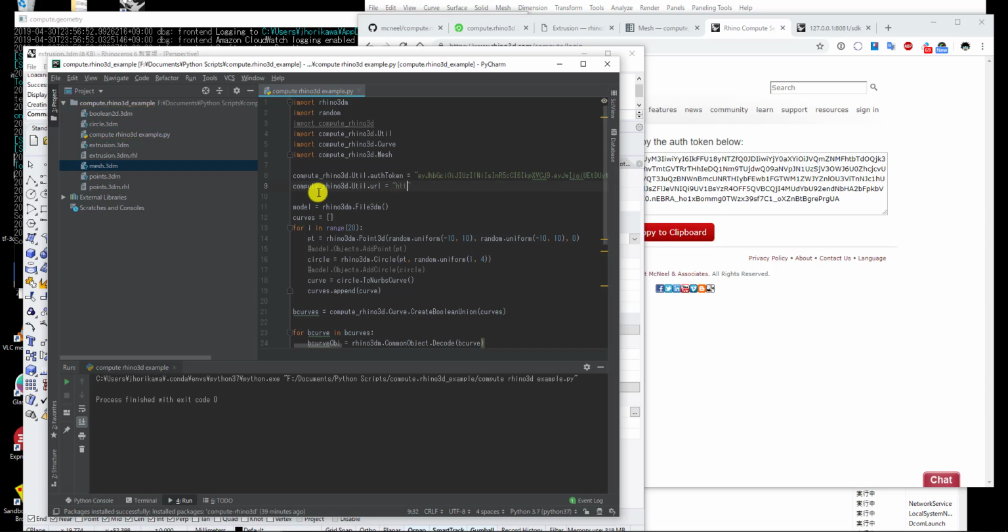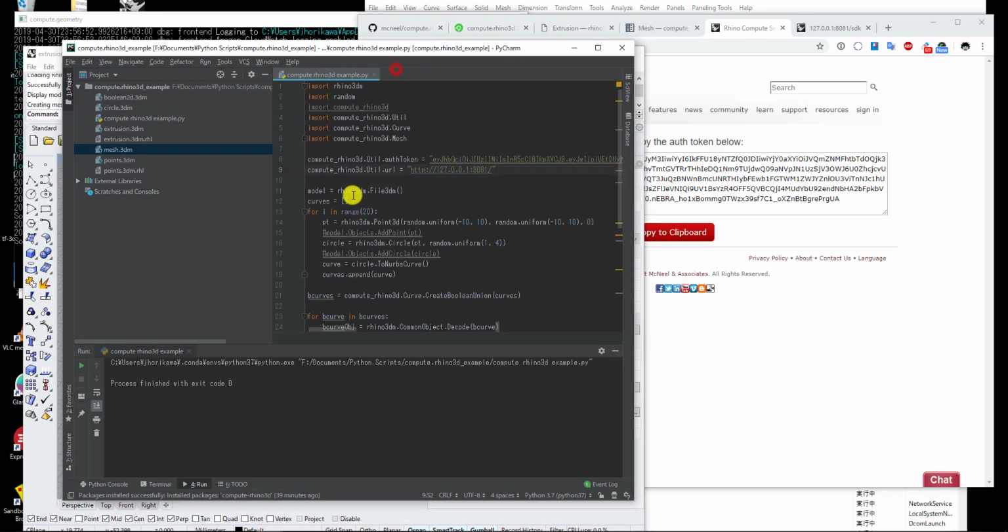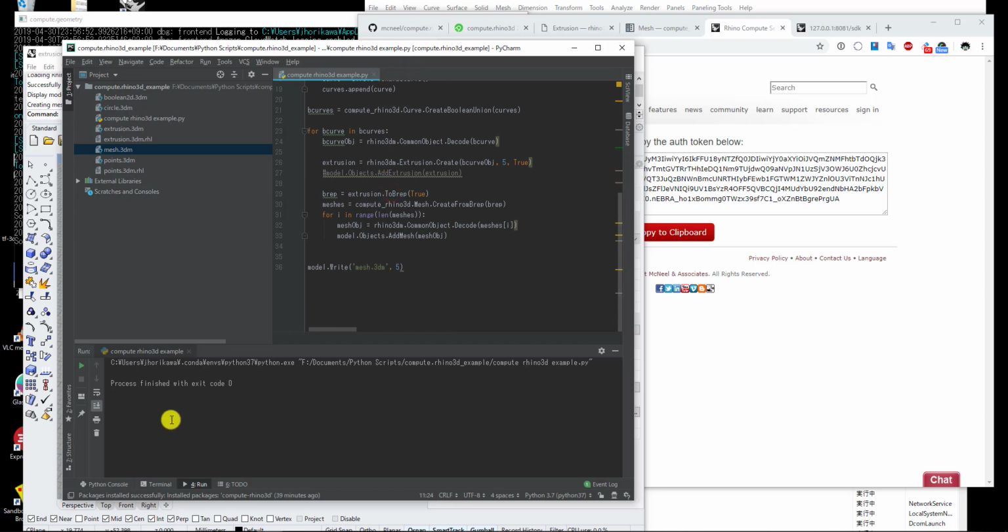So since I have installed the compute Rhino server on the local machine, let's write the local address with the port of 8081, and that's it. I think this should do it. And if I run this, hopefully I'll get the result faster than before. If I run it, in like 1 or 2 seconds, it just gives you the result,